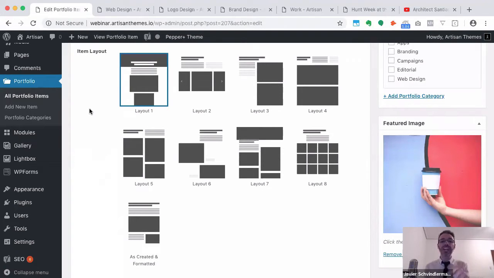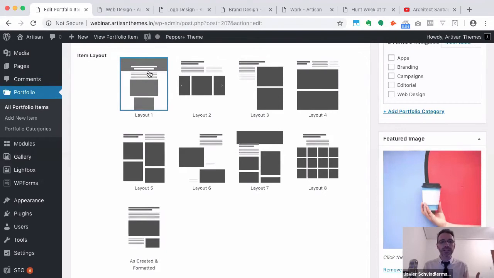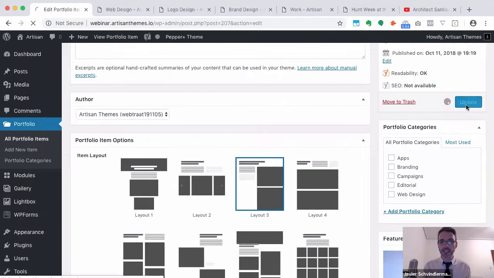And once you select one, it will automatically reorder everything that you have on that portfolio item to make it look differently. So in this case, you see that I'm using this layout one that apparently comes with the title here at the top with the feature image, and then it grabs all our text, and then it grabs the media content. But if I changed it to, let's say, this one here, and update it,